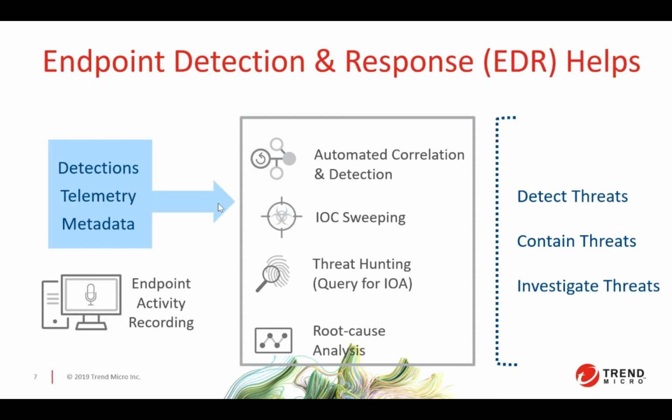You can do the system-wide sweeping. If you have more than 2000 endpoints, you can do it once, and then it will provide you the clear picture. The result will come with proper explanation and a graphical user interface, and you will get the graphical representation and the threat map details: where it originated and where it is going, what processes it launched, what ports it opened, and which command and control channel it tried to establish the connection. So you will get a clear picture of everything.